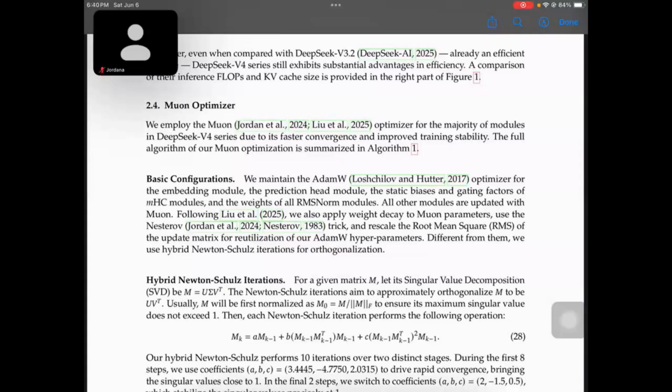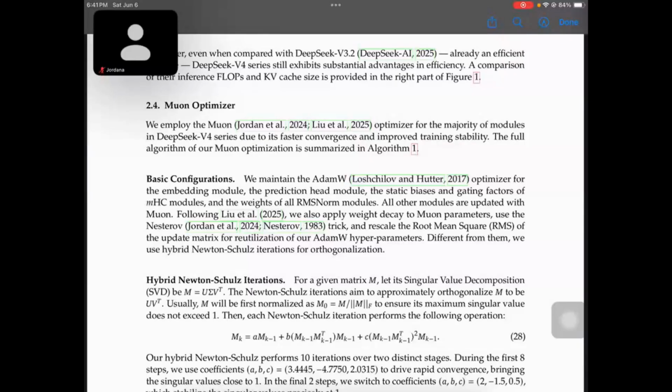And then more recently, an improvement was made to the Adam optimizer called the AdamW optimizer. And so prior to the Muon optimizer, for training, everyone essentially was using the AdamW optimizer. But then recently, I think in 2024-ish or early 2025, the Muon optimizer was developed. At a high level, it improves training speed, it stabilizes the training, and